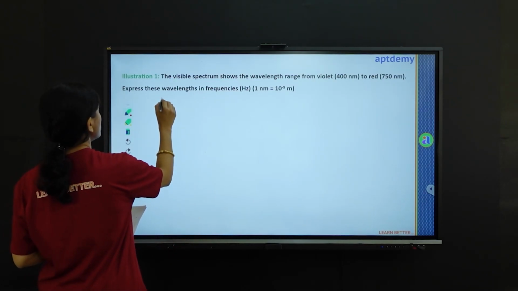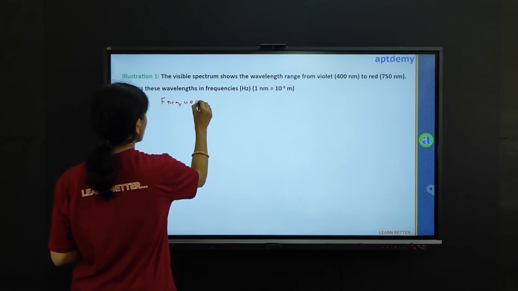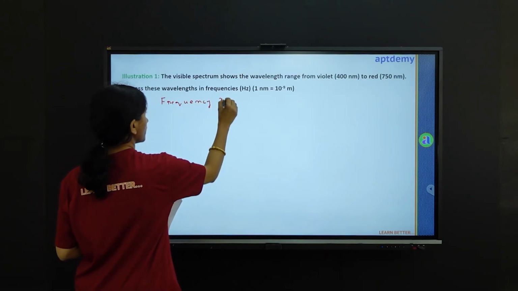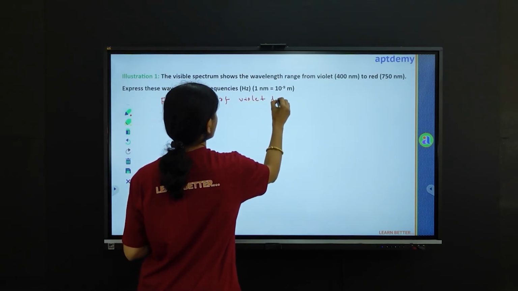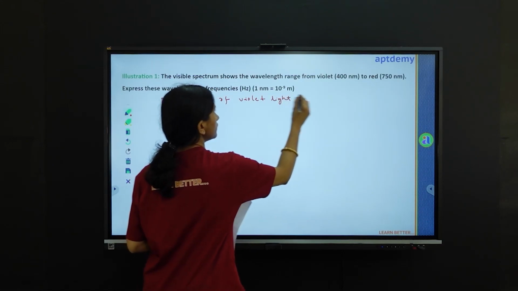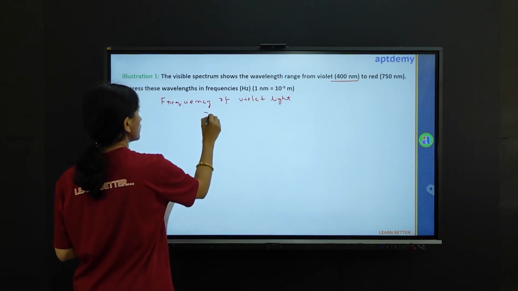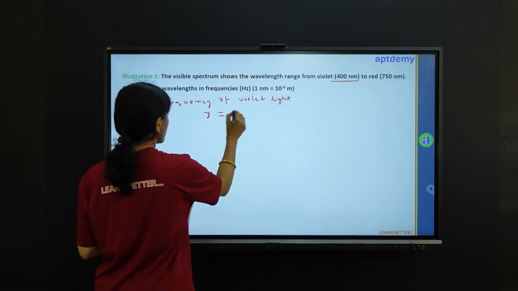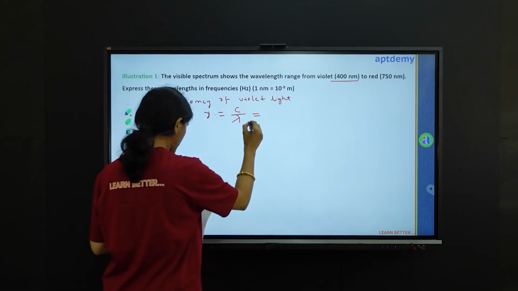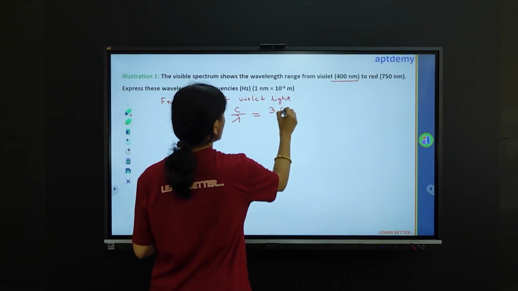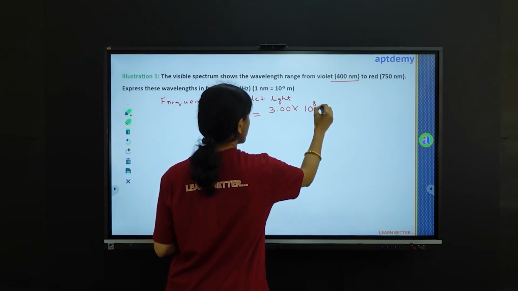So first we will write for the frequency of violet light. The wavelength is given as 400 nanometer, and what we know? We know that nu is equal to c by lambda, right? And c is the speed of light, so we can write in place of c, that is 3.00 times 10 to the power 8 meter per second,